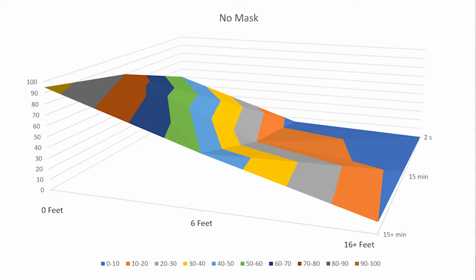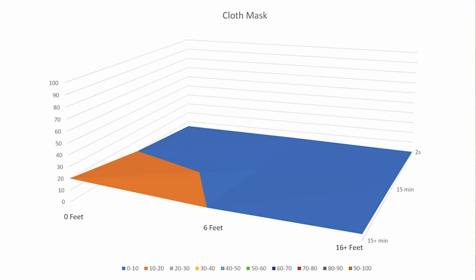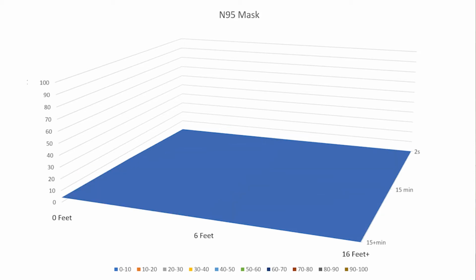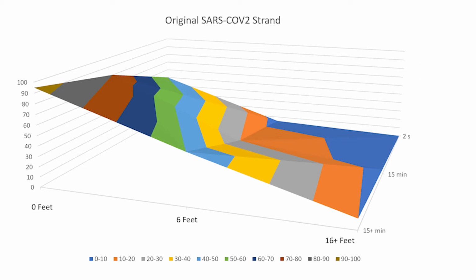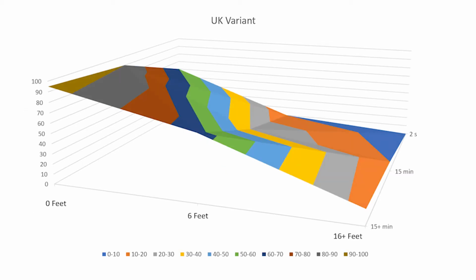The main graph shows the person not using a mask with the different combinations of distance and duration. The smaller graphs show the same variables but with the person using a cloth mask and an N95 mask. The numbers at the bottom show potential exposure. Given the parameters, what percentage are you likely to be exposed to that person? As transmittability goes up, as is the case with the UK variant, we see more aggressive potential exposure for the same parameters, especially at close contact. We'll also look at a hypothetical mutation that would require a protection level of 2.